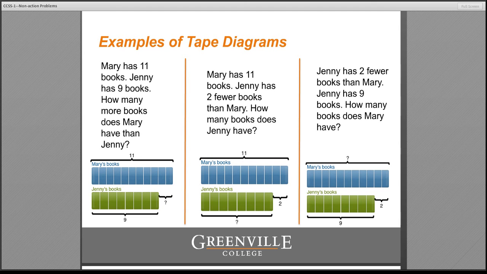Tape diagrams are specifically mentioned in the Common Core progressions. If you go to page 12 and page 16 of the link that I included earlier in the presentation, you will see